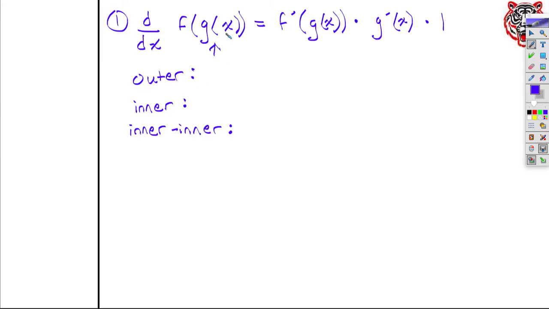Sorry, bad question. What is the outer of the original function that we're taking the derivative of? F. Yeah, f of something. All right, Arrow, what's the inner? G of something. And anyone, what's the inner? X. It's the inside of the inside. It's our x. And then once we take the derivative, I need to find, and it's a funny name,